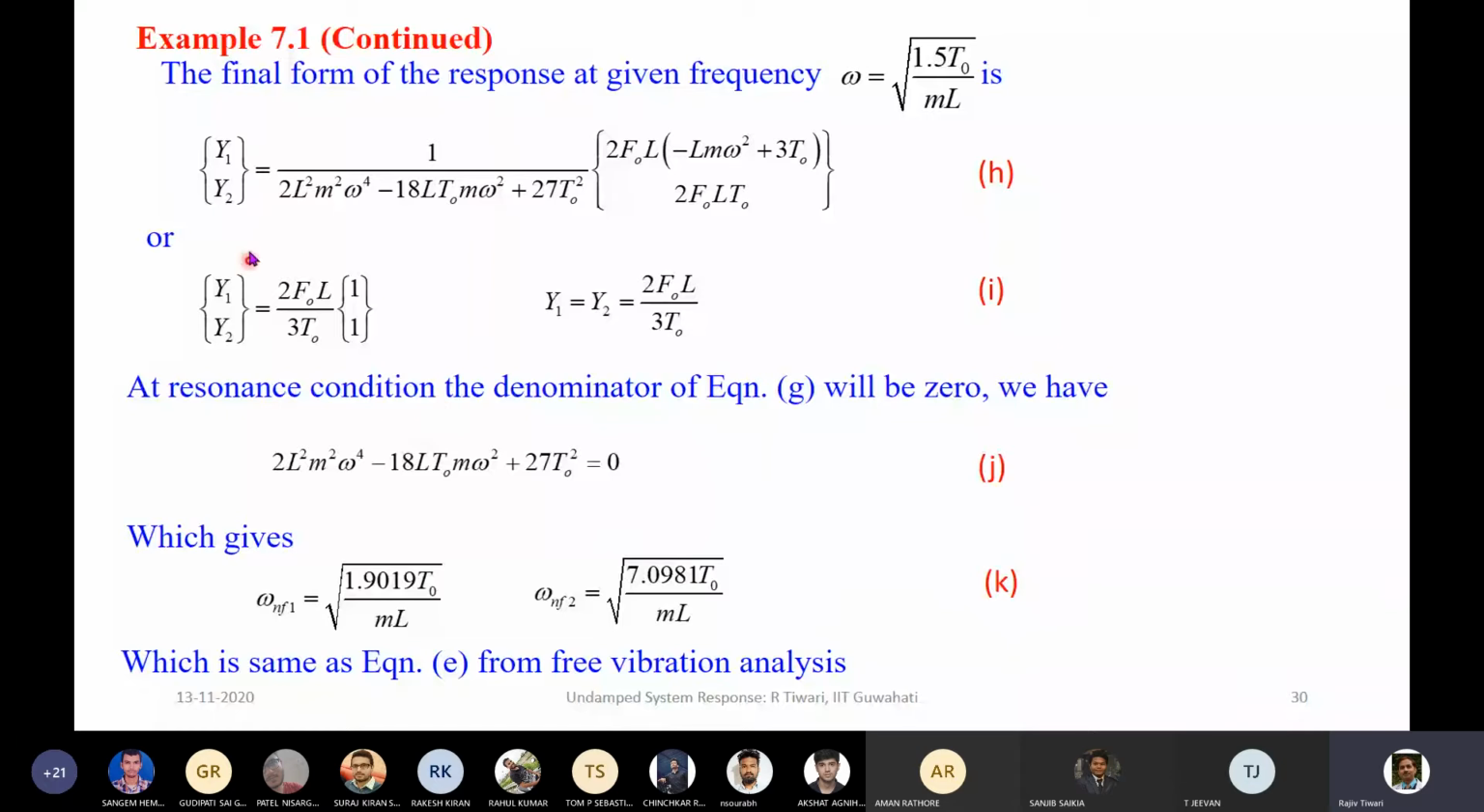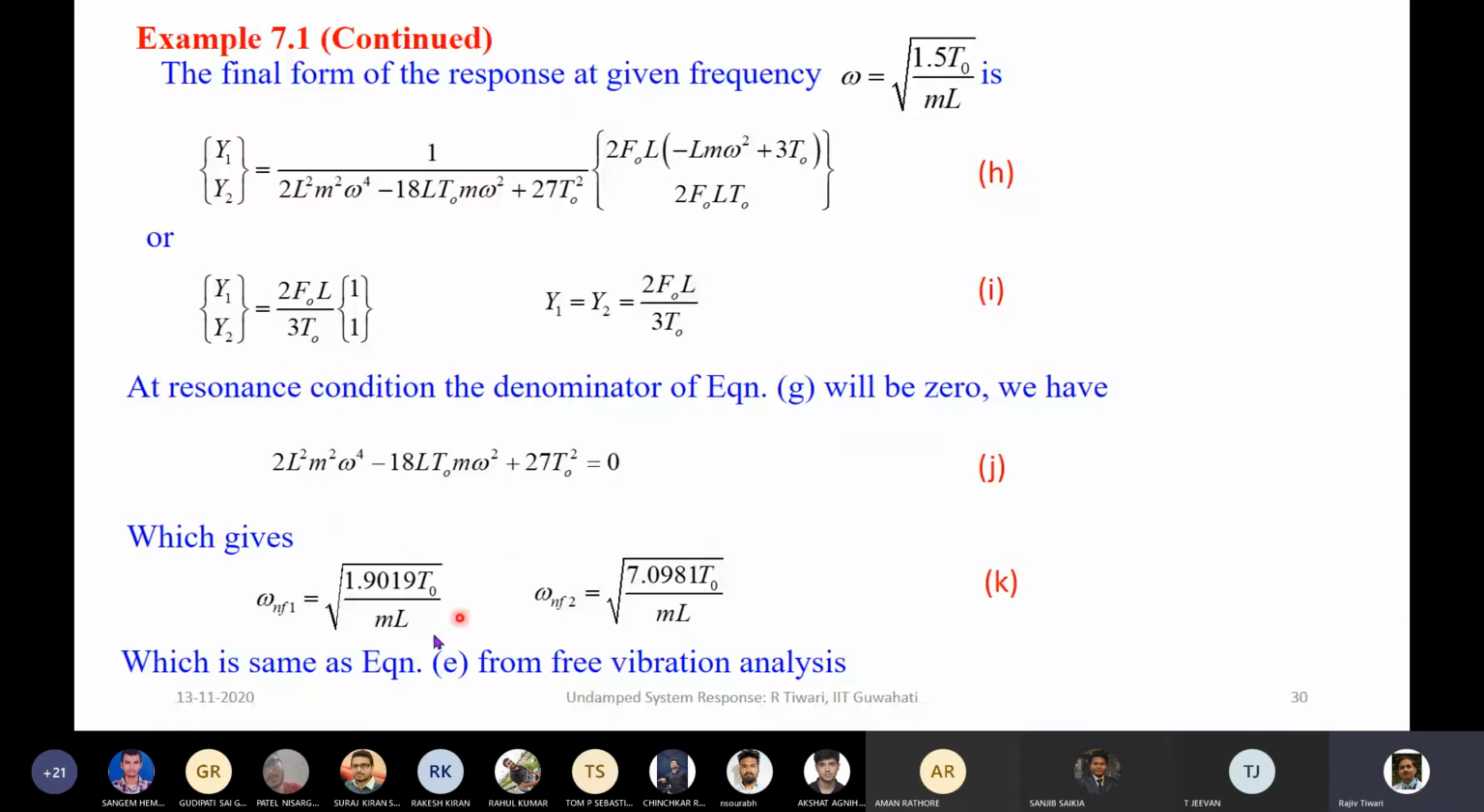Here, because y1, if we go back here without substituting omega, this expression can give us the resonance condition. How can it give? Because if we take, let us say, y1 is this, multiplied by this quantity, y1 will be infinity when this denominator is equal to 0. This is a common denominator for both y1 and y2, so if we put this equal to 0